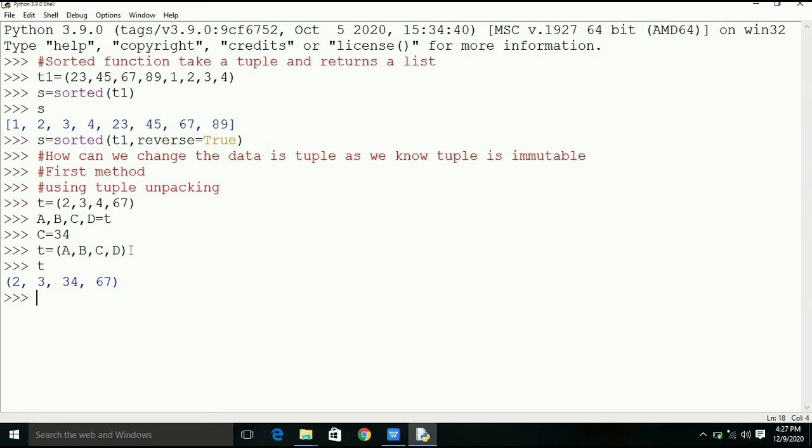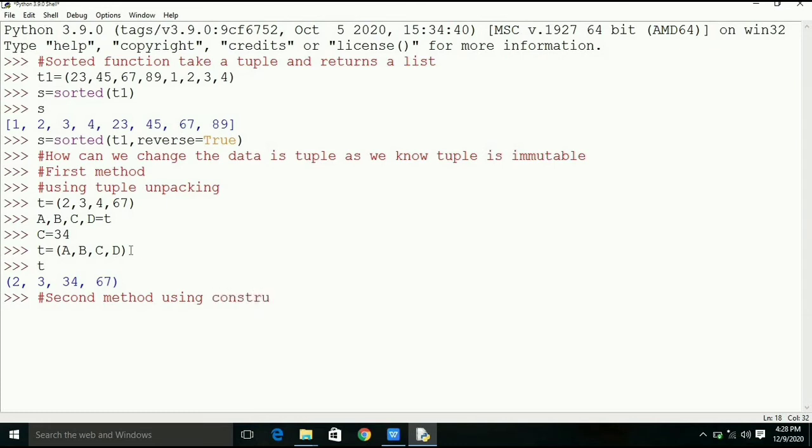Simply we are assigning each of the elements of tuple to the variables on the left side of the assignment operator. Here we are changing the value of C, that is 34, and again we are assigning the values of variables to the tuple. T is equal to A, B, C, D will do that job. Now we can see the third value is changed to 34.